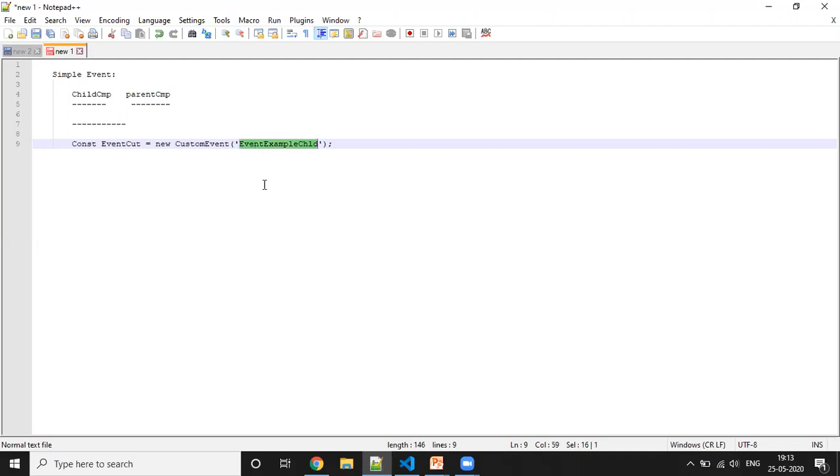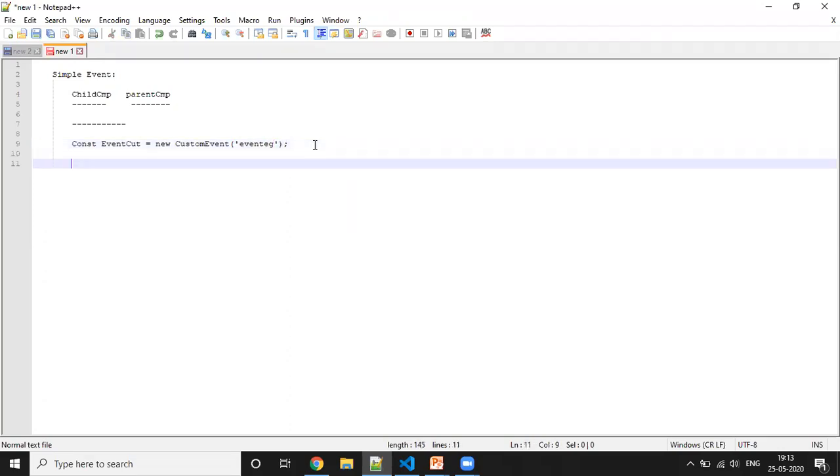Most of the time this should be in small letters. For now I'm just going to give a simple name, or else it would be very difficult to understand. This should be in lowercase only: eventexample.